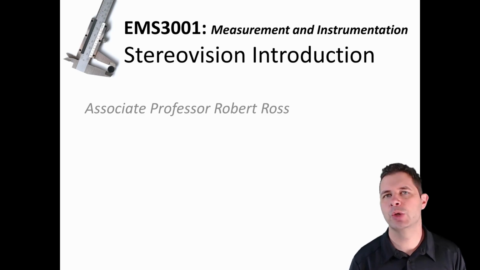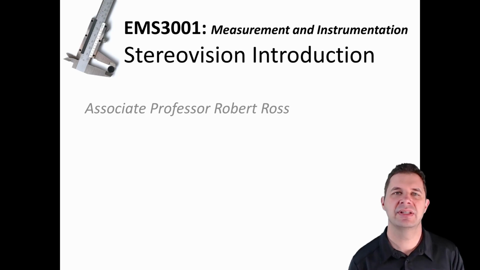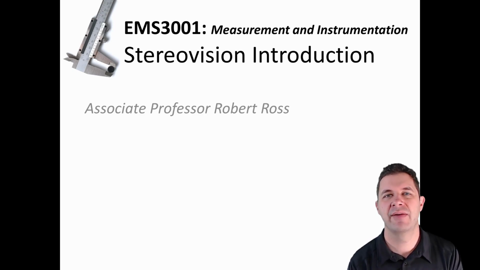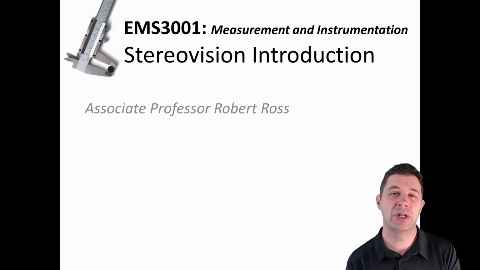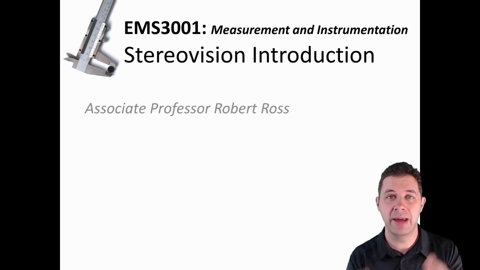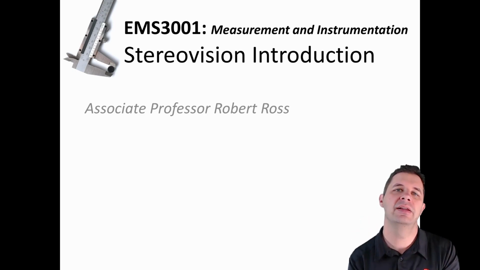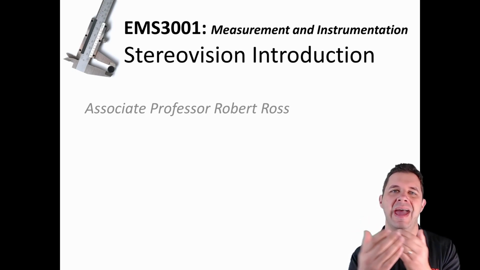In these next couple of videos, we'll be talking about stereo vision. Now, stereo vision is a particular type of photogrammetry. We use it for lots of different applications, for example, in robot navigation. But basically what we're trying to do in stereo vision is do the same thing that we do with our eyes, being able to use two eyes looking from slightly different points of view to measure how far an object